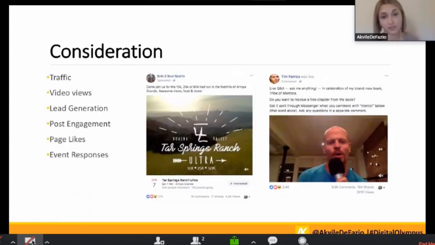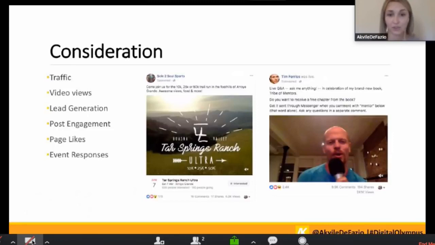And you'll see here on the left, if you're looking for some ideas, particularly in the event space, Soul Sports is a local sporting company in my area, and it captured my attention with this ad because as I was scrolling through, the only thing that I saw moving was the beautiful mountain landscape, which is right here in the area where I live. And it looked familiar and it caught my attention because I recognized it.